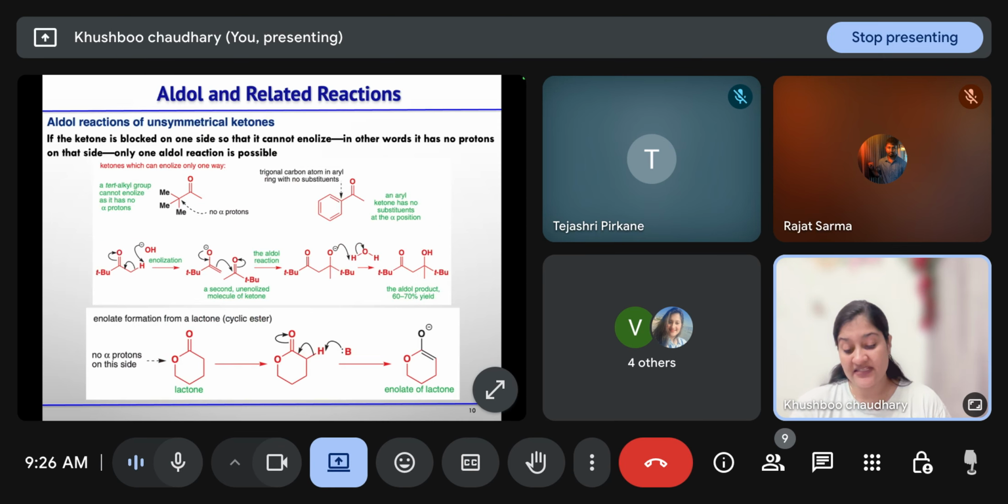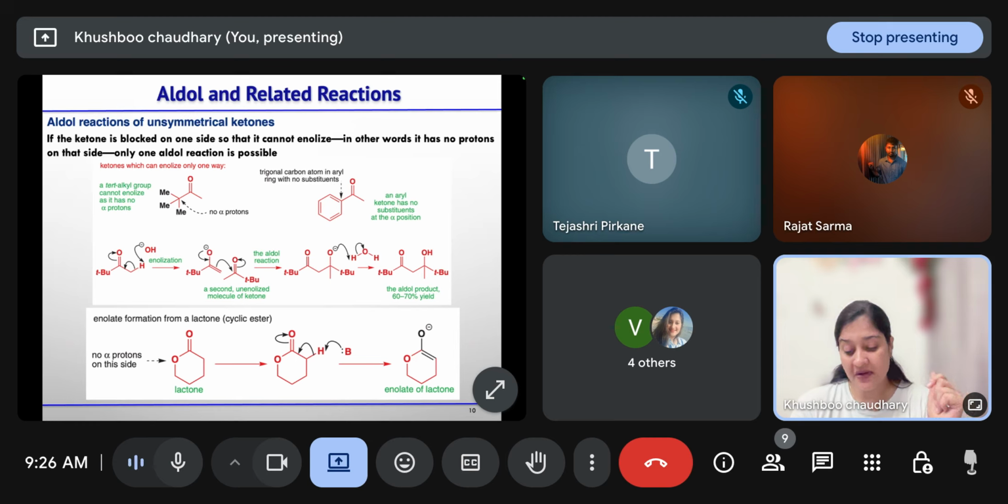Now if we discuss the aldol, whatever aldol reactions we have discussed so far are for symmetrical ketones, where self condensation is taking place. Only one type of enolate or enol can generate, and that can attack the same aldehyde or ketone we are using for generating them, and we will get the self condensation product.